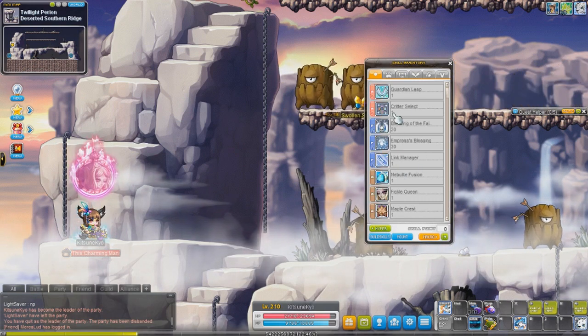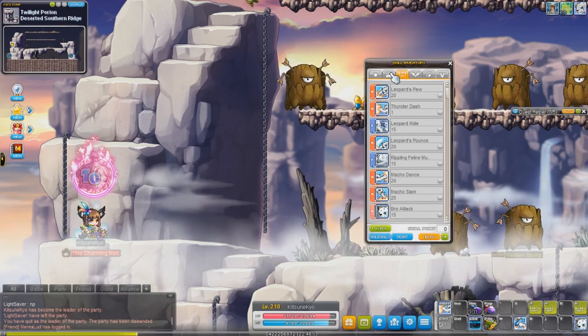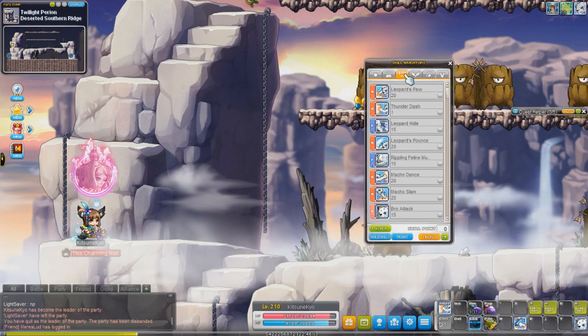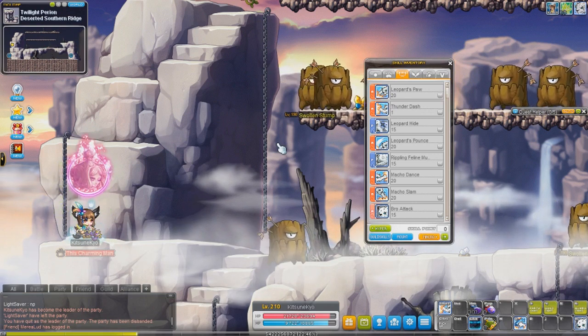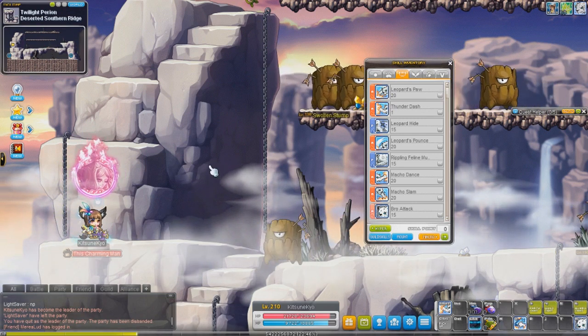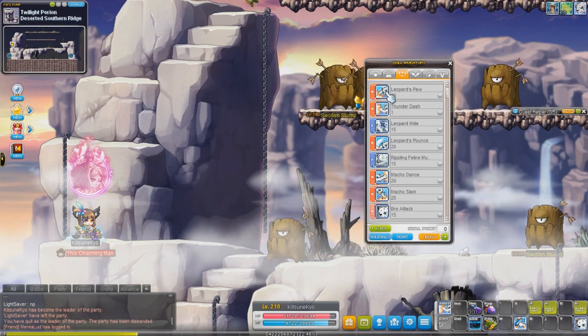So with this class, I think I'm going to do it a different way. Because there's a lot of skills to go over. But instead of just going over every skill, I need to find a way to make this shorter. Because this is going to be like an hour-long video if I go over all the skills. I'm going to do Leopard first, because that's what I have maxed out right now. Leopard is great for